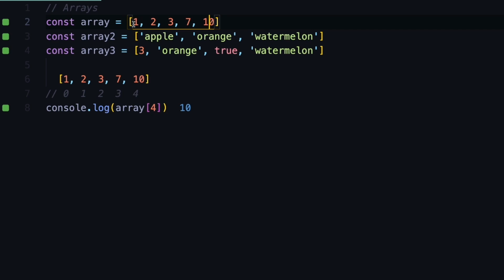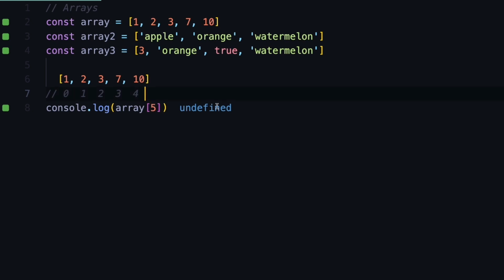And actually, as you can see, this is the fifth item in the array, but since we are starting the counter from 0 on arrays, this is the fourth item by index, but it's the fifth item in the array. And since 4 is the last item, let's see what will happen if we do array and then 5 index. You can see we are getting undefined, and that's because we went out of the memory of this array. On the fifth index, we don't have anything stored. This is out of the memory of this array, and that's why we get undefined, because nothing is defined at